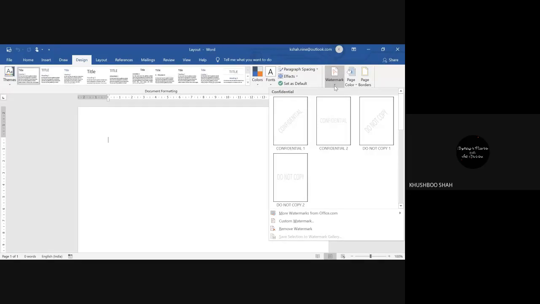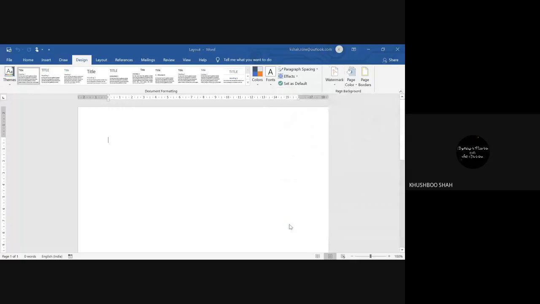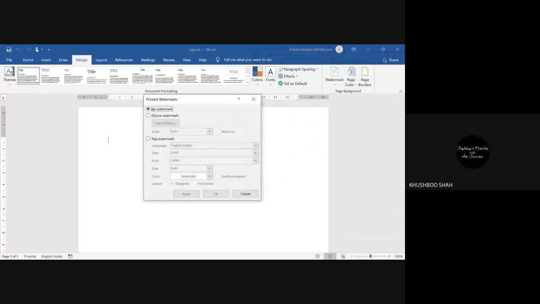See, this way. Suppose you want to prepare a document and you want to keep it secret or confidential, or if you just want to keep it safe, in that case you can use the watermark. Multiple options are there. So I'm choosing the custom watermark, and what I want as a watermark is, let's say, my roll number. For example,